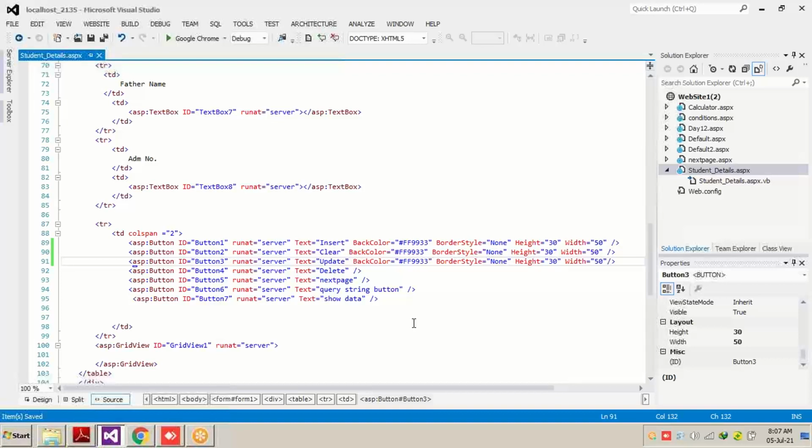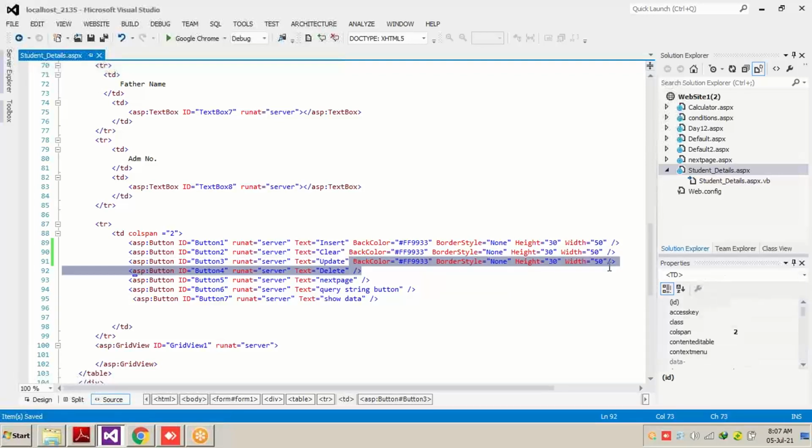Suppose I have 10 pages and I have created this particular design in one of my CSS files. Now what I will do is write the class name in every control, and this design property will be attached to it automatically. So it will be very easy for me to add the class instead of writing the entire statement of the control in every button of the project. Are you getting my point?